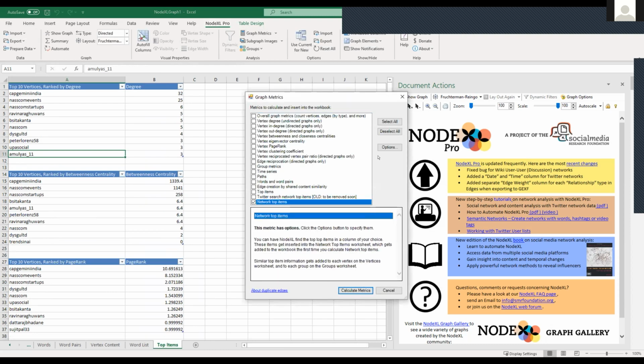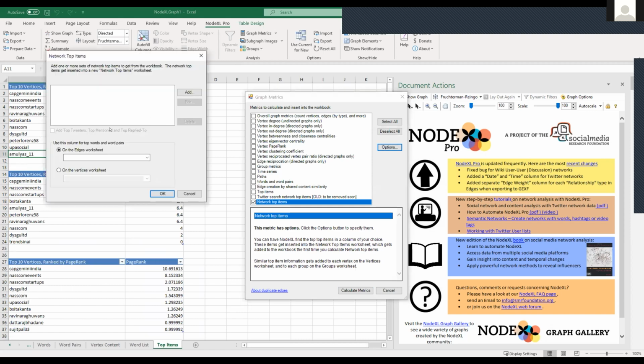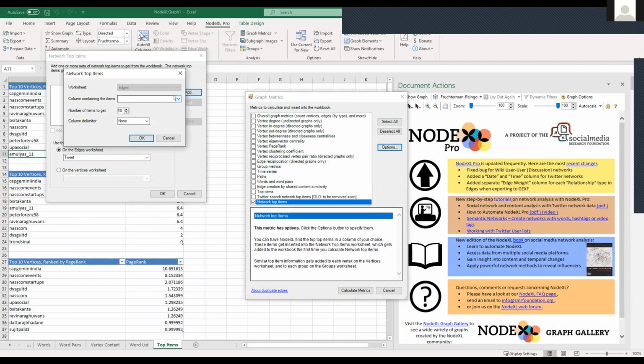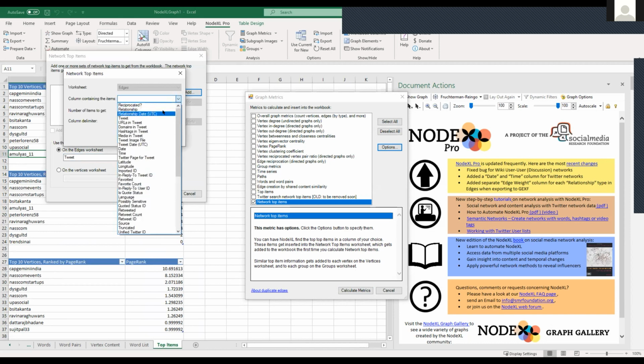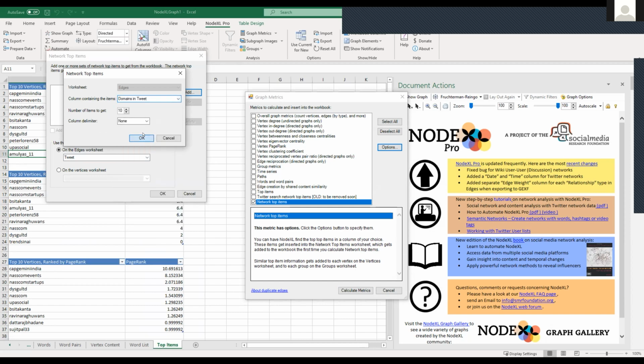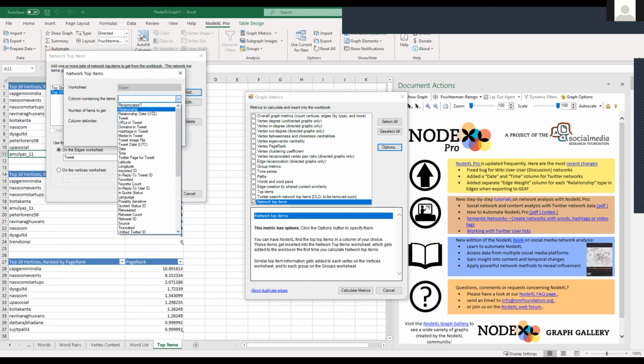Okay, and then finally, network top items. So what this can do is mention top tweeters, top mention, and top replied to. And then you can do stuff like top domains. You can do top URLs, top hashtags.